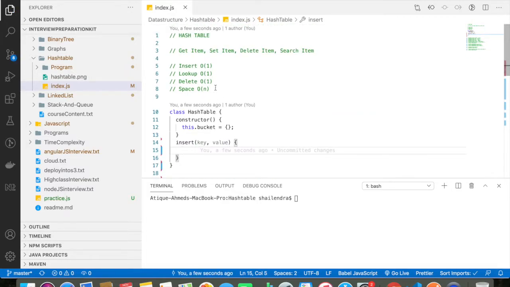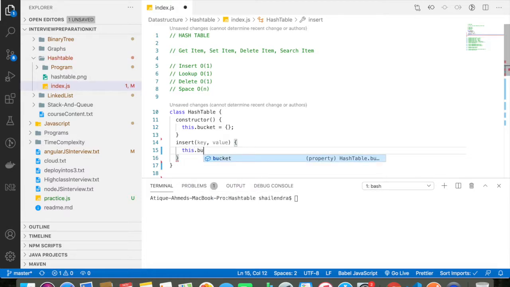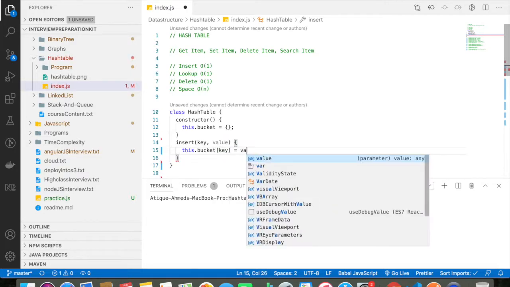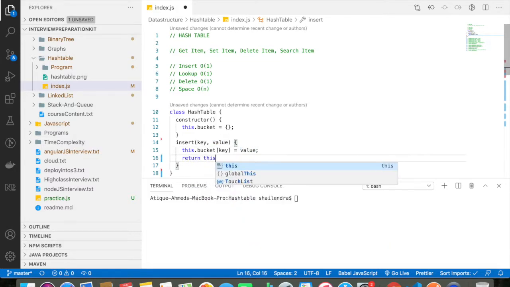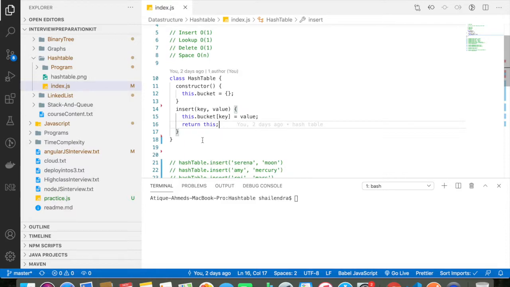Here I'm going to say this.bucket[key] = value. So in the particular bucket, respective to the key, I'm storing the value. Then I have to return this.